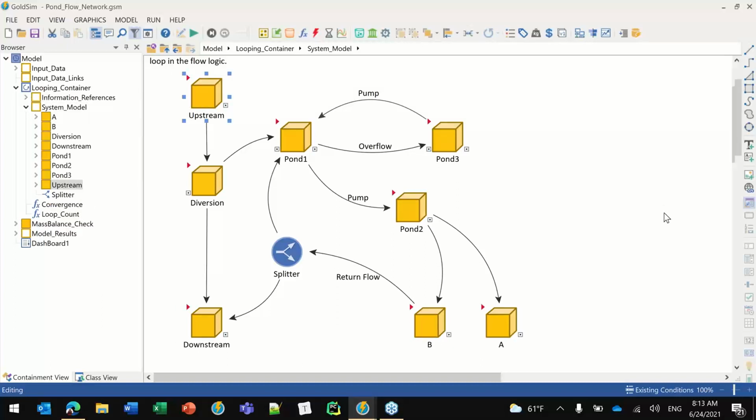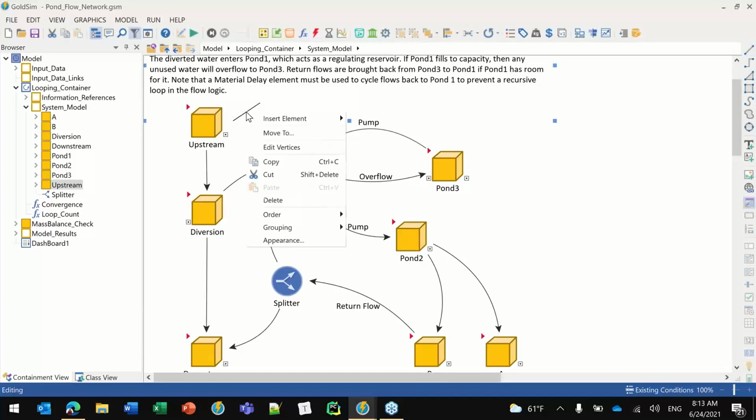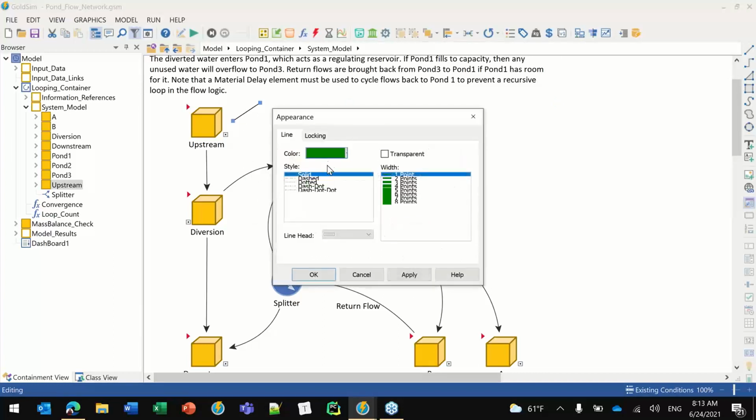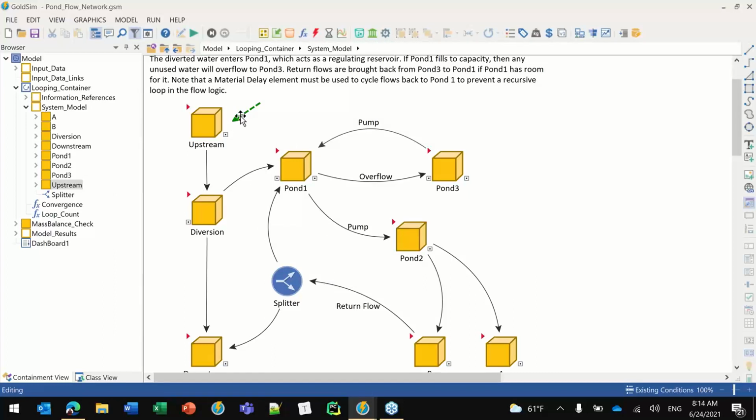So there's a source coming in here, and I'm going to use an arrow to identify an inflow that comes from outside. I need to move. I'll change this to a green color, then use a dashed line and give it an arrow symbol, and make it a little bit smaller. I'll put this symbol next to that container